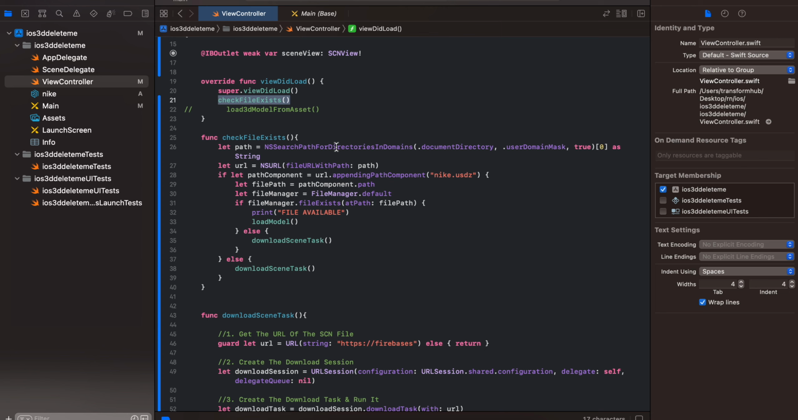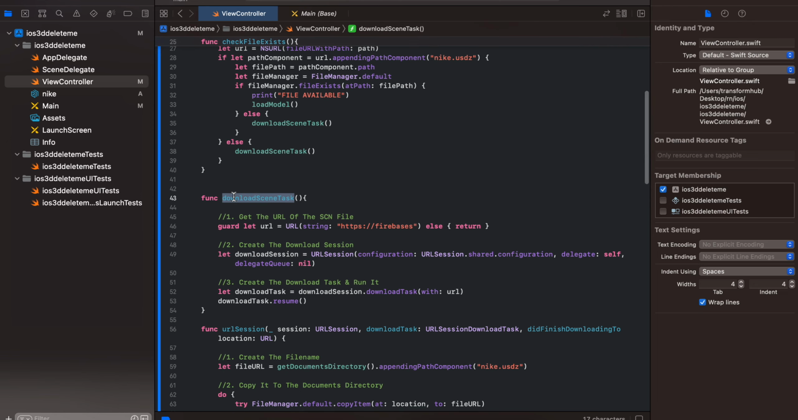So here you can see this is the boilerplate code, and I have given the 3D model file name as nike.usdc, but you can change it according to your needs. Next, I'm just checking over here whether the file is available or not. If it is available, call loadModel, else downloadSceneTask. Okay, and in downloadSceneTask you can see that